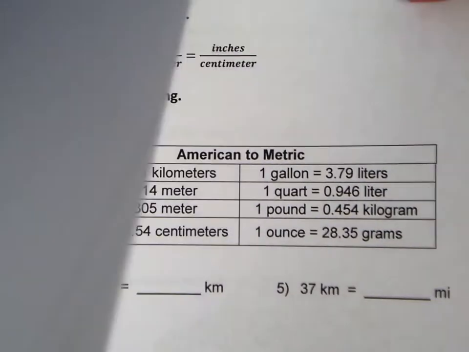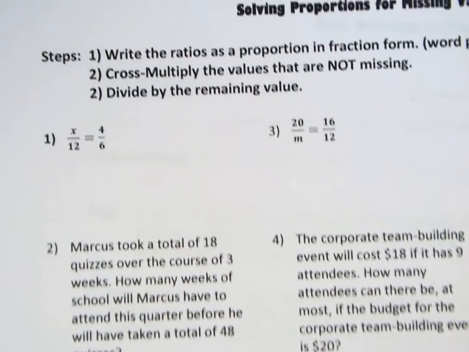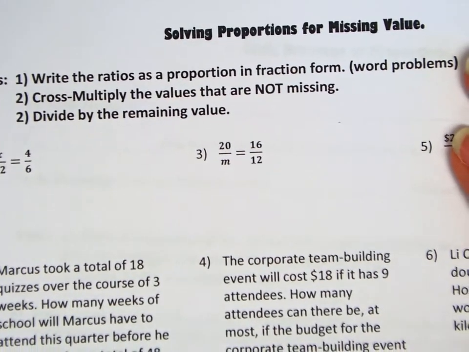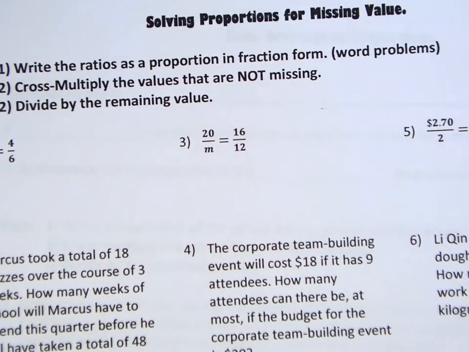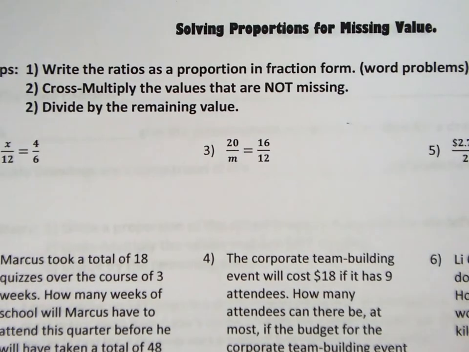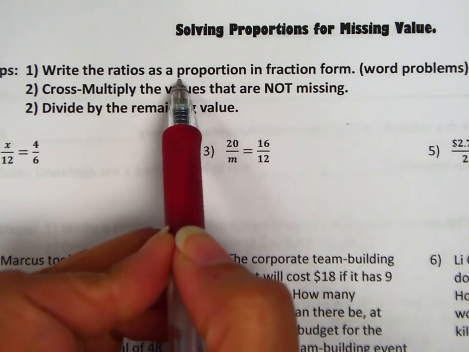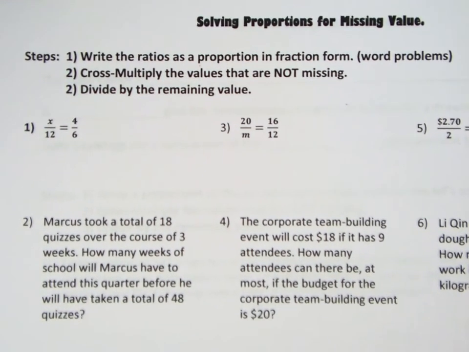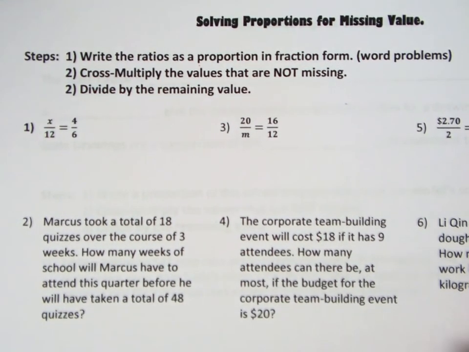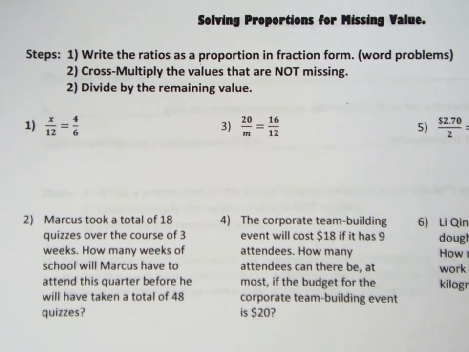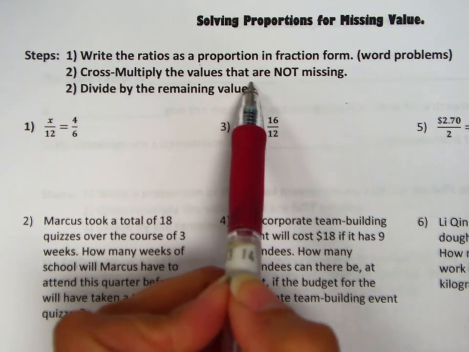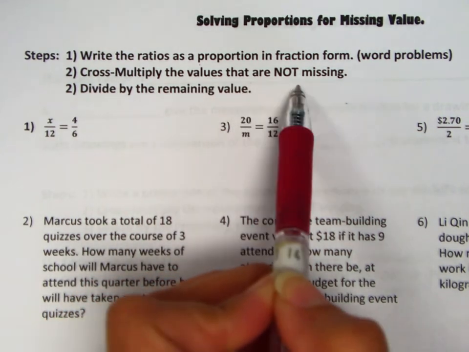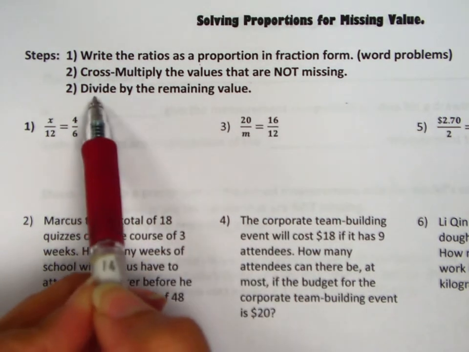Okay, let's do our next section. We are going to solve proportions for missing values. What we're going to do first is write the ratio as a proportion in fraction form. A lot of times that can be done for you, but in word problems, again, you will have to set up the ratios, the proportions, by understanding what you are comparing. Once you've done that, we're going to cross multiply the values that are not missing and then divide by